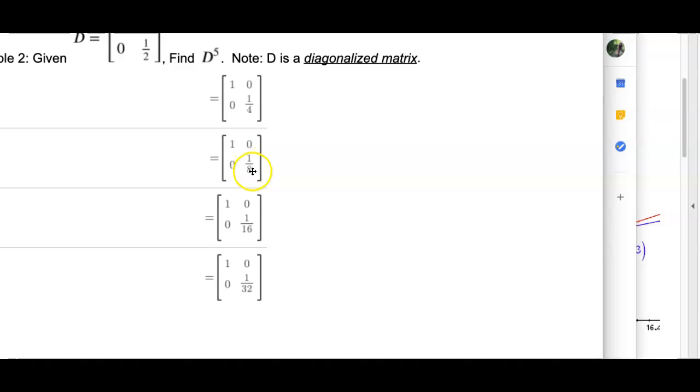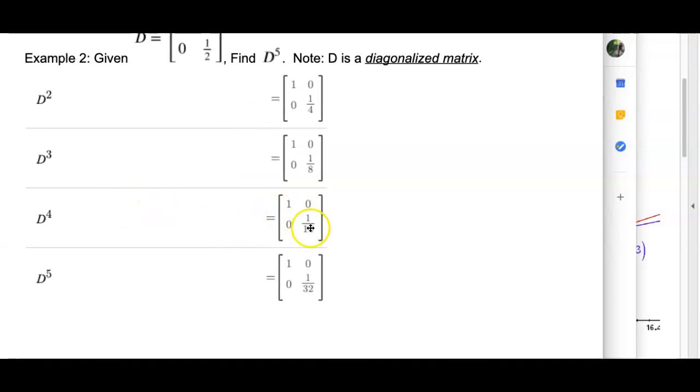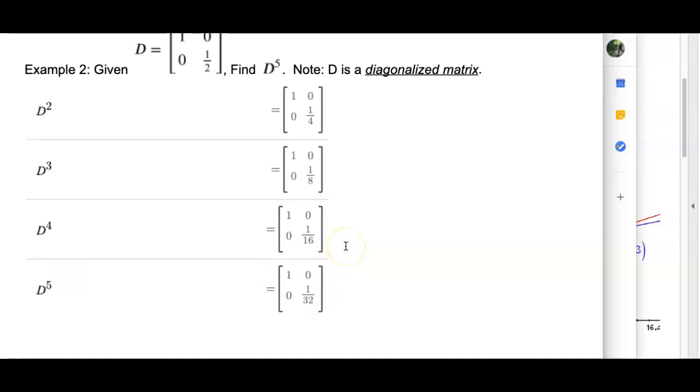And so this is just 1/2 to the third power, 1/2 to the fourth when we do D to the third, and 1/2 to the fifth when we do D to the fifth. Okay, that's going to happen for any size dimension diagonal matrix. So you have zeros up on top, triangular, zeros on the bottom, triangular, and so overall it's just the diagonal